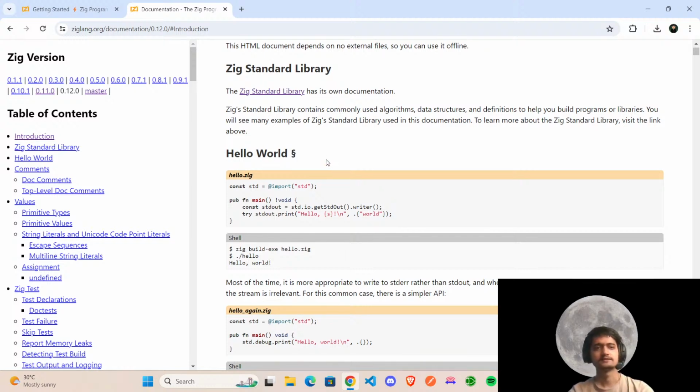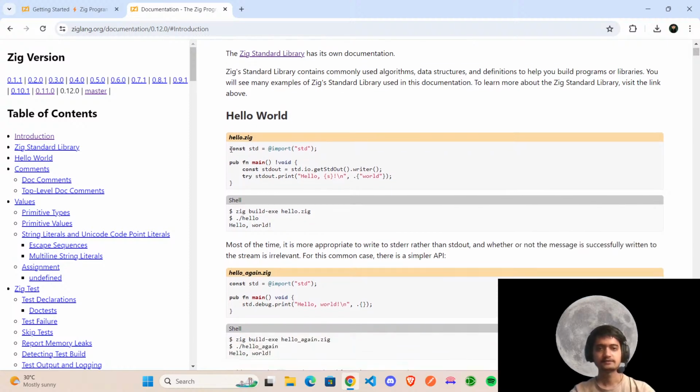Okay, now. So we are in the introduction page. So this is the Zig standard library. So let's read through it. Zig standard library contains commonly used algorithms, data structures, and definitions to help you build programs or libraries. You will see many examples of Zig's standard library used in this documentation. To learn more about Zig standard library, visit the link above. Yeah. So we have our standard library,